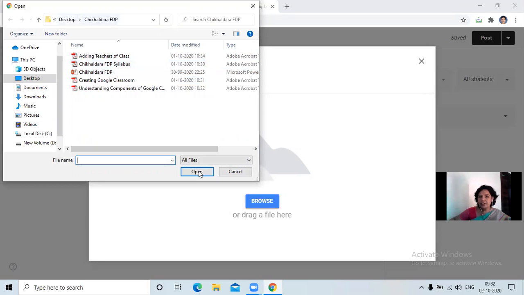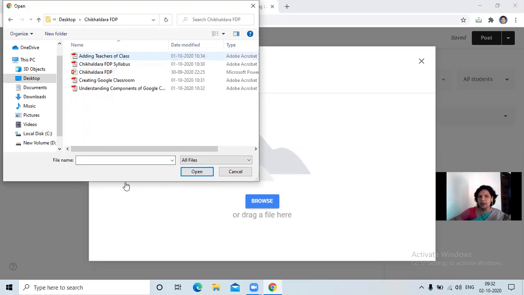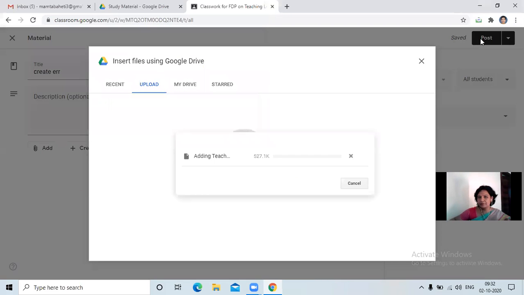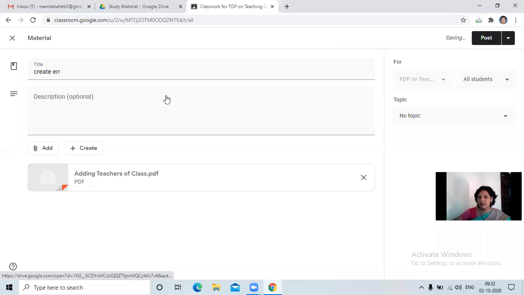So here you will find that on the desktop, I have maintained a folder named Chikaldara FDP, and in that my file is there. So I'll locate that file, select it, and click on open. When the file is uploaded completely, I can post it.